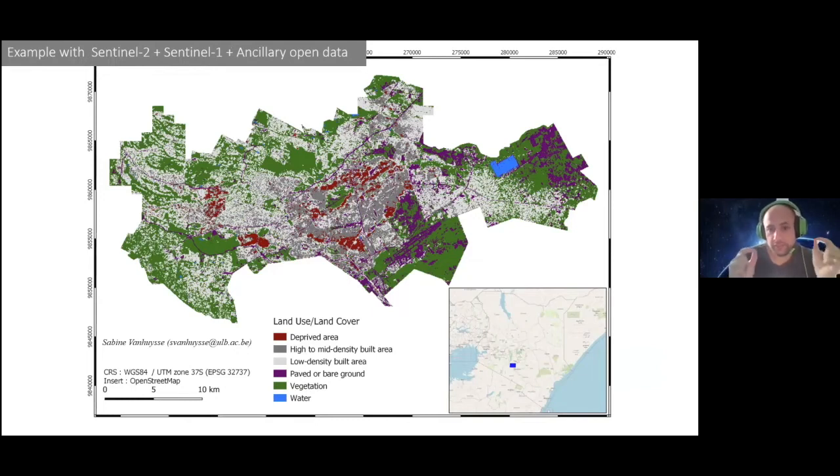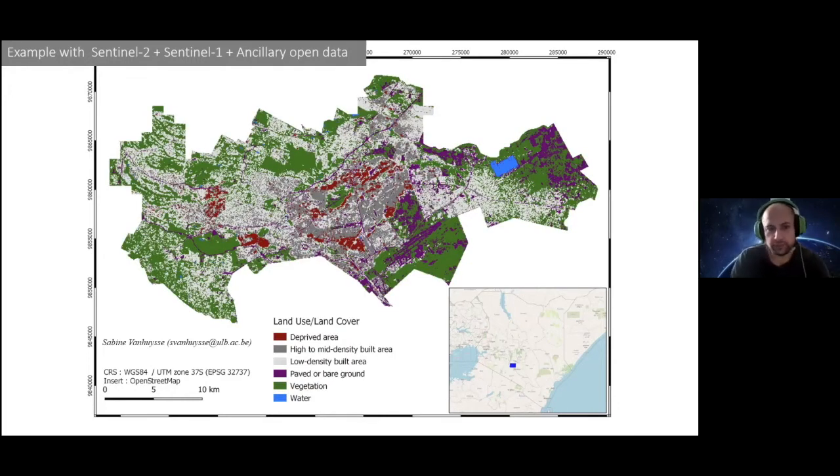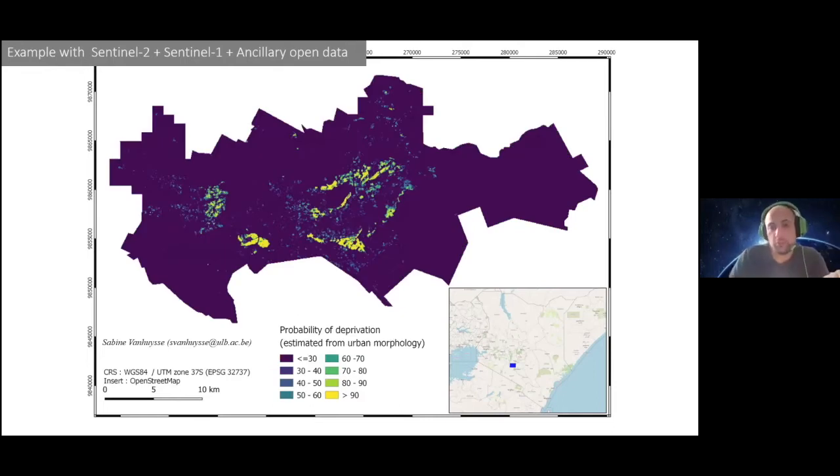maps, we can identify where the deprived areas are in a city. This is Nairobi. And we can acquire even more sophisticated knowledge when it comes to what types of deprived neighborhoods. Here, for example, we have a map of the probability of a neighborhood to be a slum. And you can see it really converges with what is mapped as a deprived urban area. This is happening with a combination of AI, machine learning techniques that extract image features, either through convolutional networks or through more standard feature extraction. They both work quite well to do these tasks.